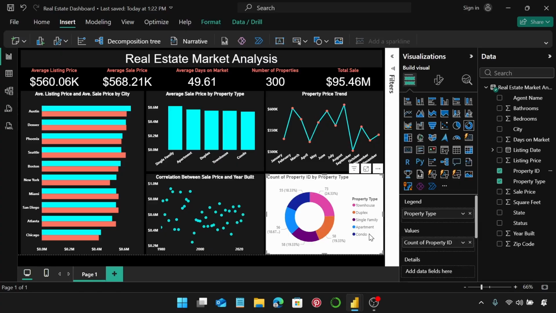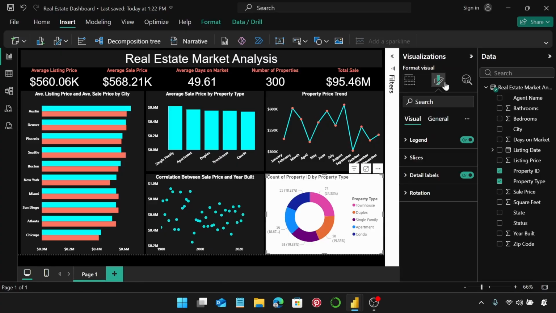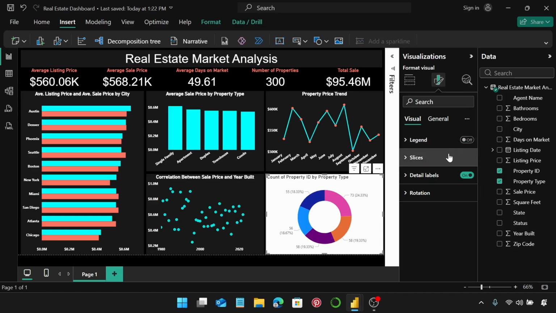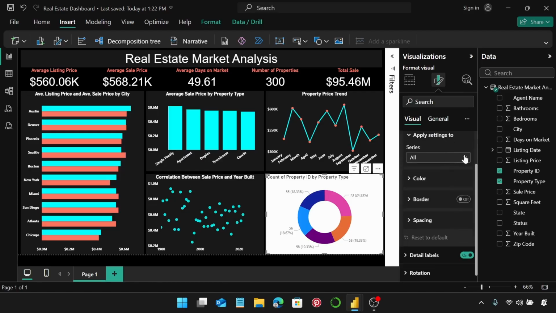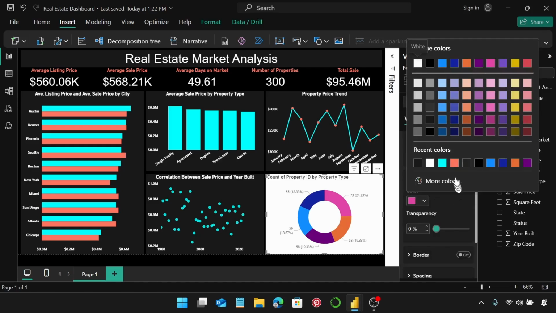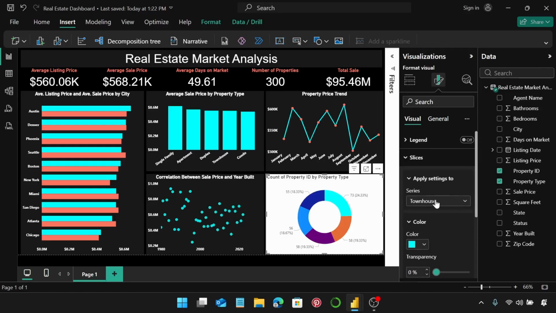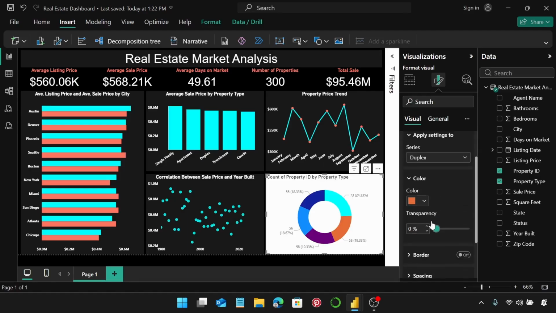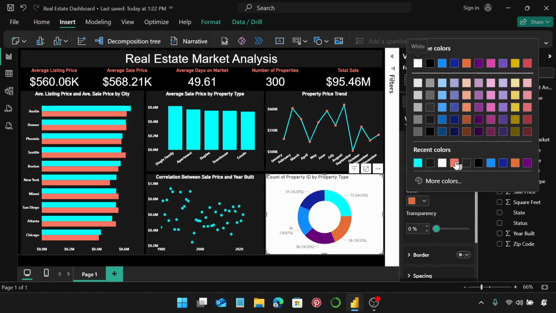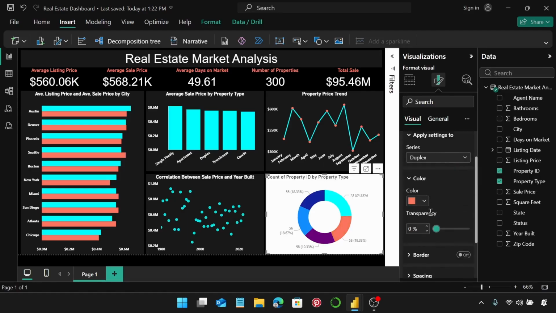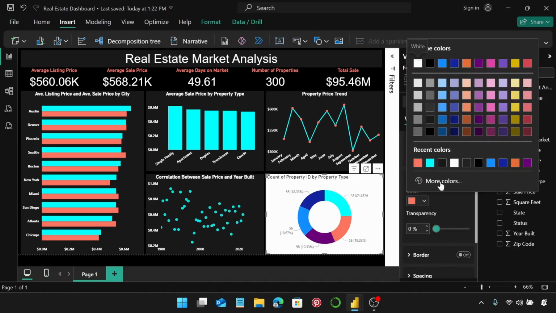Let's just go ahead and format it. So let's go to format our legend chart, turn off the legend, and let's expand slices. Let's start with townhouse. Under colors, expand this, and we're going to change it to this color. And let's now go to duplex, change it to this orange color. Next, for